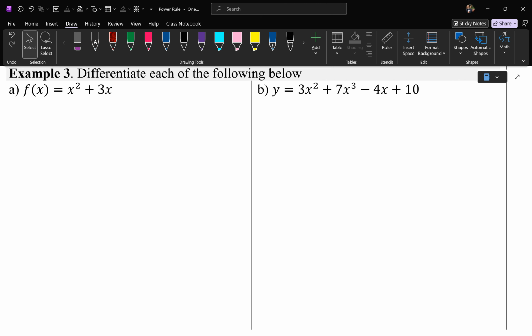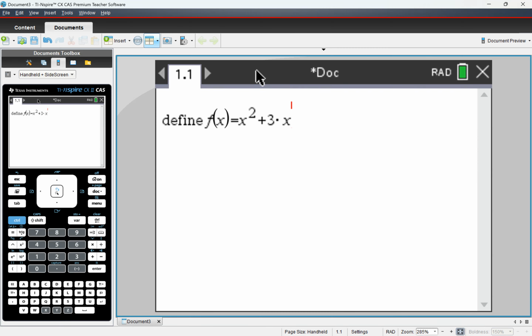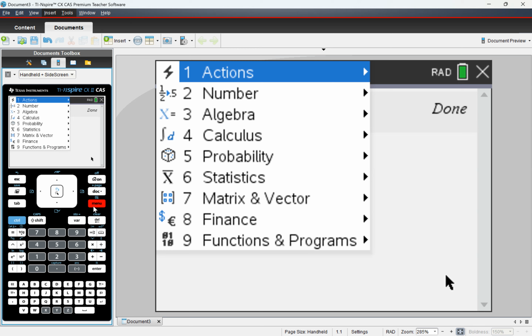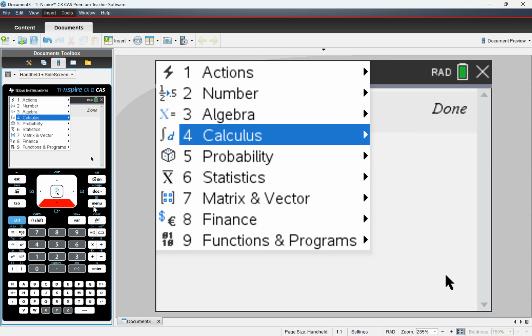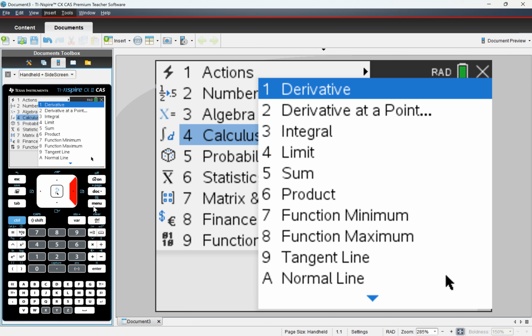Now, for those who aren't really confident with the power rule yet, you can actually use your CAS to do this as well, and I'm going to show you. I'm going to define f of x. You don't have to define if you don't want to; I'm just doing define. Go to menu. Calculus is number 4, and the first one says derivative. That's what I was teaching you. So if you go menu 4.1,